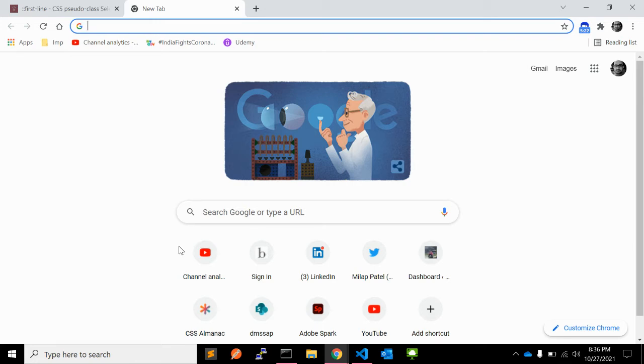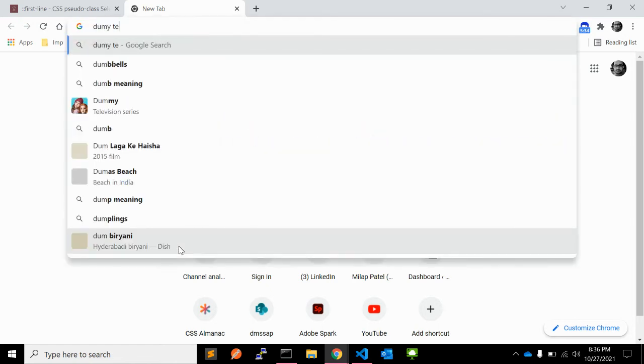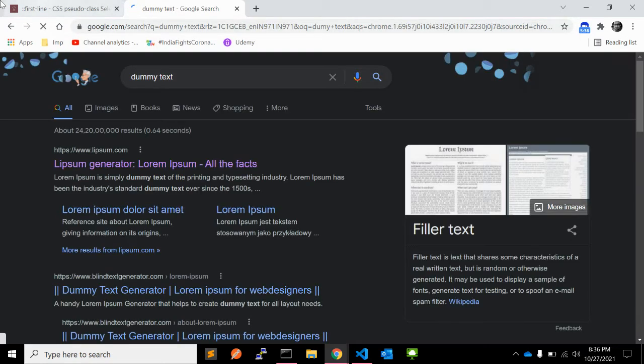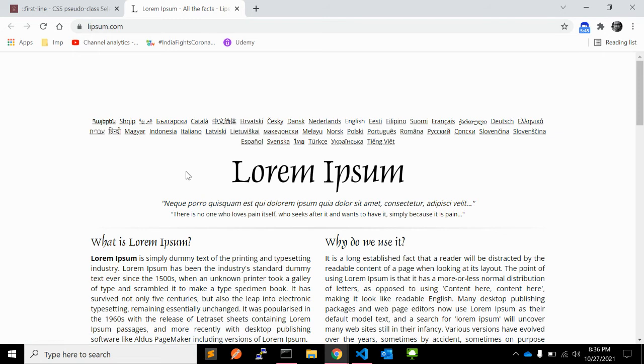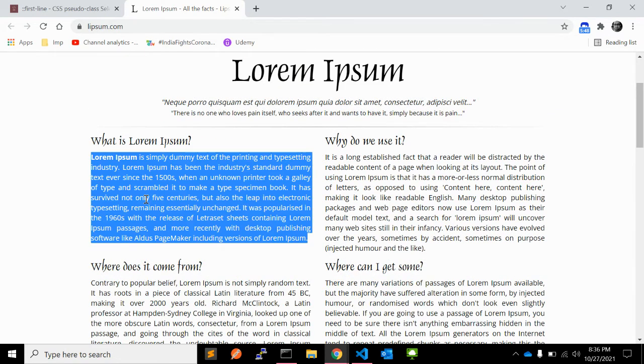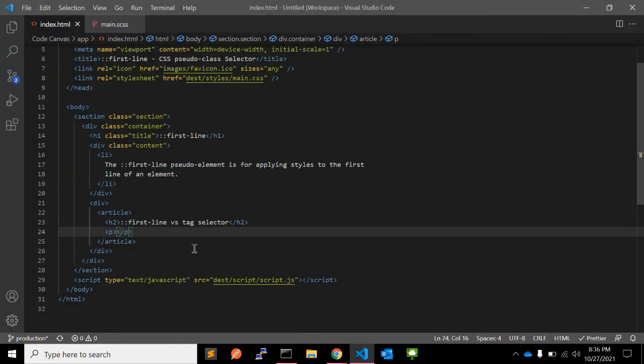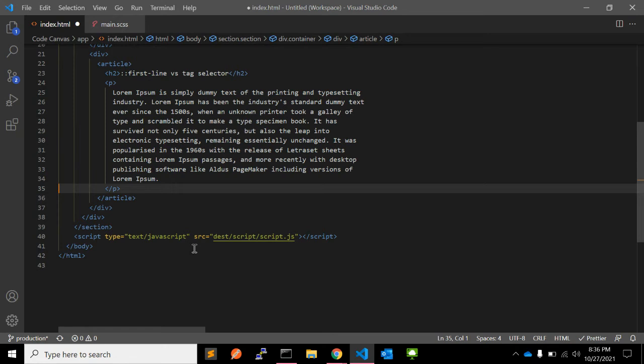You can simply copy this text into the p tag. This is the first article.